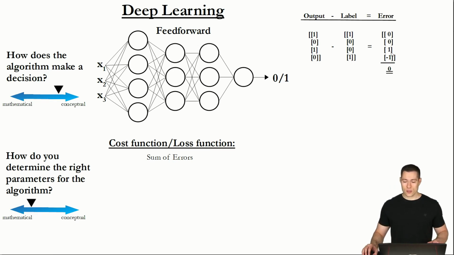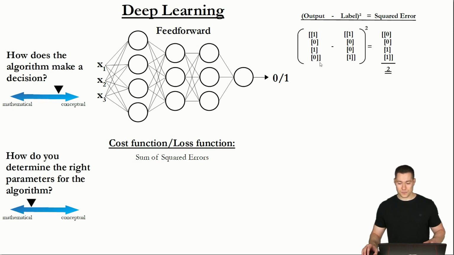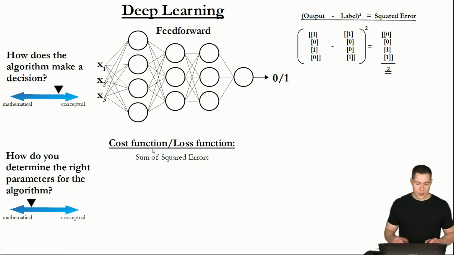And one way to do that is to simply square this subtraction here. So instead of just calculating the error, we're going to calculate the squared error. And if we now do that for those matrices here, then you will see that this -1 here disappears, and then our metric actually indicates that there is some error associated with our predictions. So this sum of the squared errors we could now use as our cost function,